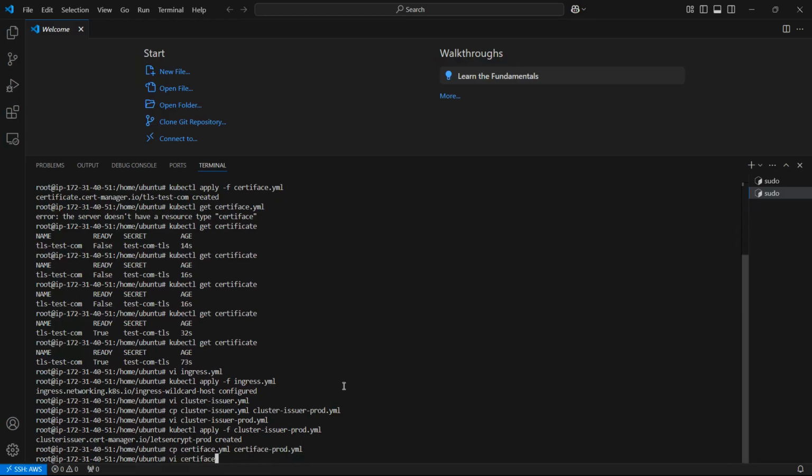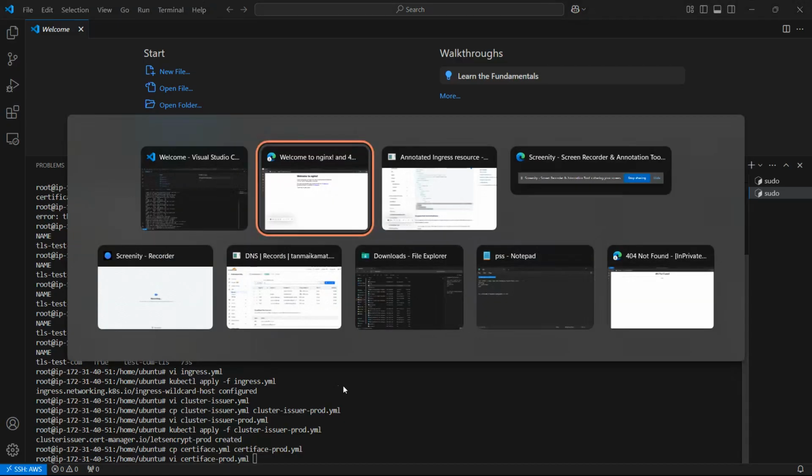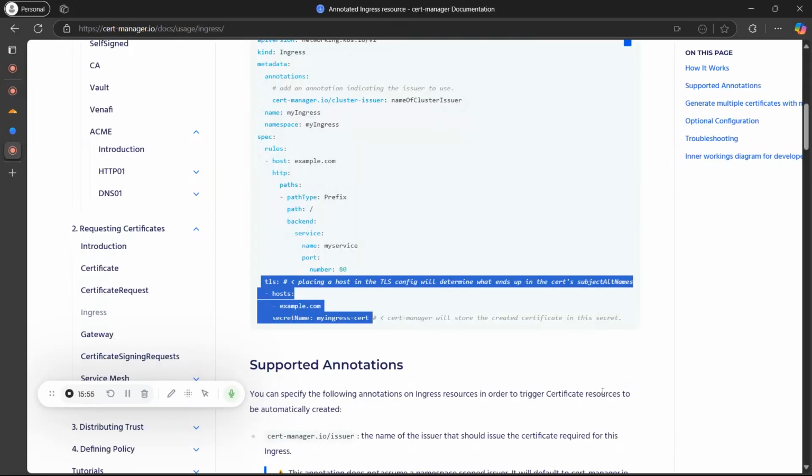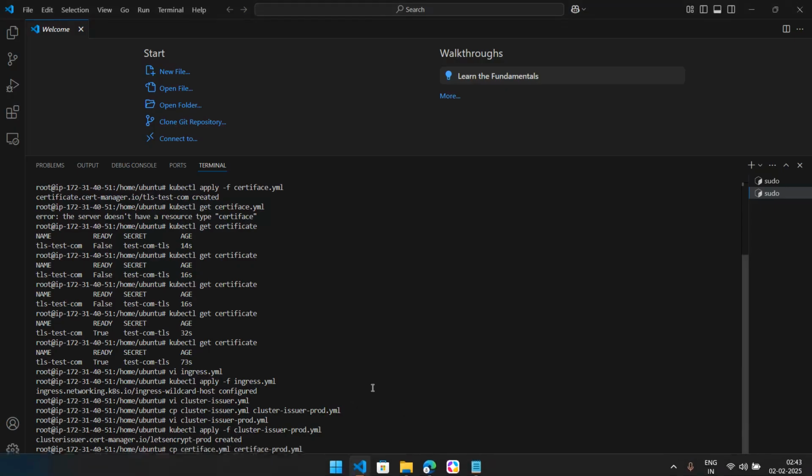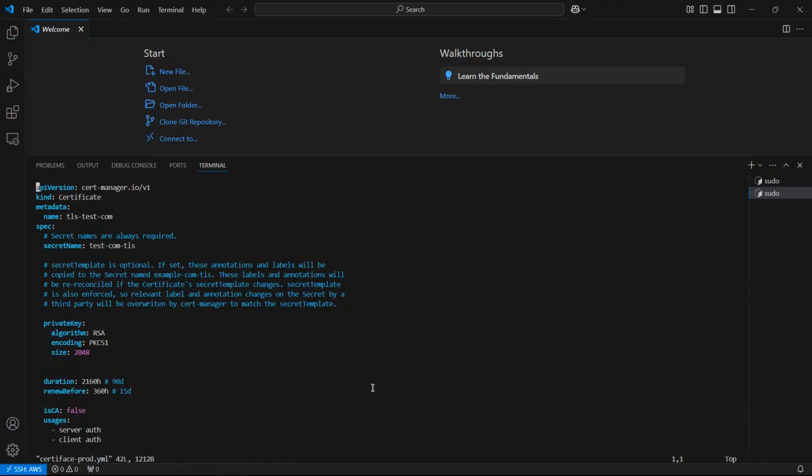By the way, you need to try the staging part first before production, because it is very important to test it out. The Let's Encrypt issuer is very limited, and you should make sure that you don't exhaust it. So here I first need to put the name,